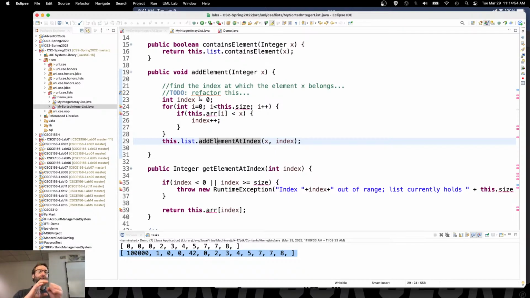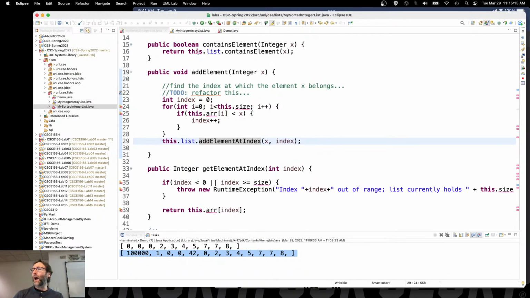So I've just got this wrapper, right? This onion. In the core, I've got an array. Then I wrap that around this abstraction called a list. I wrapped another layer around that called a sorted list, right? And all you have to do from the outside world, because of good abstraction, is deal with the outermost layer,